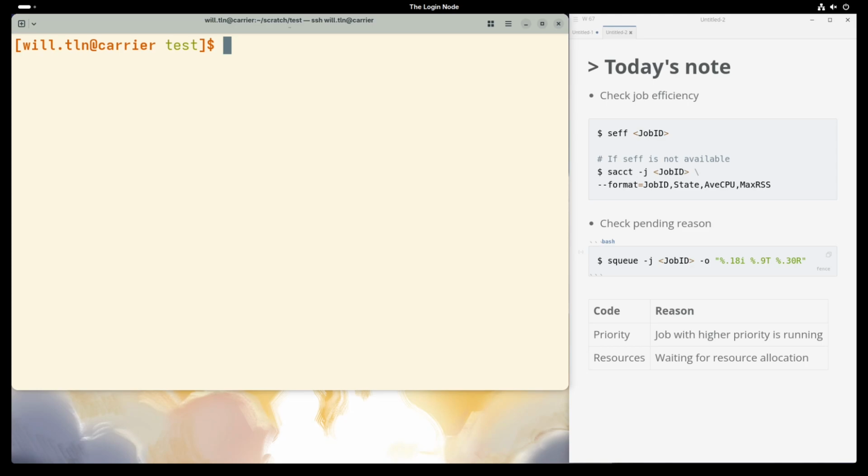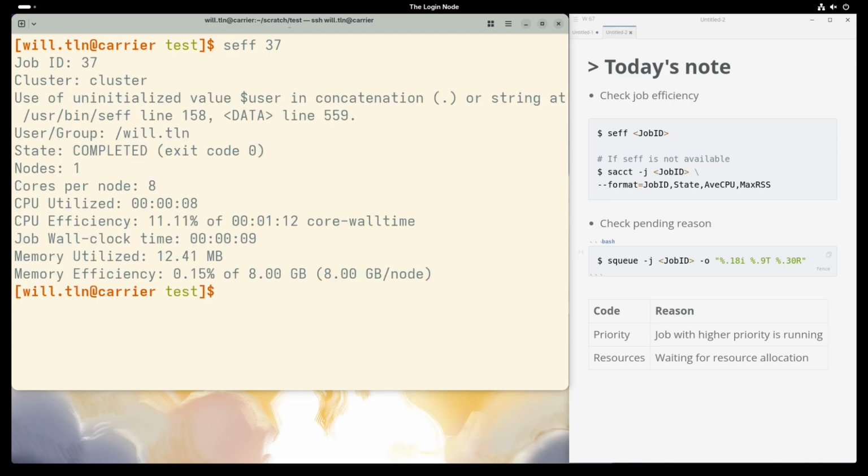Let's talk about performance. This is how you distinguish a beginner from an experienced user. Imagine you reserved a banquet table for 40 people, but you ate dinner alone. The restaurant manager would be angry. In HPC, this happens when you request 40 CPUs, but your Python script only uses one core. How do you check this? Use the command seff job ID. It shows you two magic numbers.